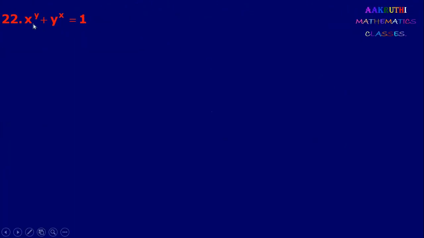So next problem, x to the power y plus y to the power x equal to 1. Here already equal is given, so therefore don't take it as y equal to. So directly you can take it as u and v. Now here x to the power y, base is variable, power is also variable, so it is logarithmic differentiation. Since plus is there, so don't apply log on both sides. You take it as u and v. Take it as u plus v equal to 1.